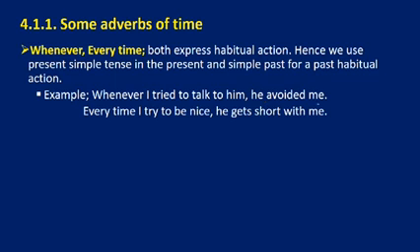to him he avoided me whenever I tried to talk to him he avoided me he is already a past action ካሁን በፊት ያጋጠመ action ነው መቼ እንደሆነ ባናቀም ካሁን በፊት ያጋጠመ action ነው አሁን ያጋጠመ አይደለም ማለት ነው since it's in its past form ላይ ስለሆነ አሁን ያጋጠመ አይደለም ግን ባጋጠመበት ሰዓት ያ ኢቨንት በተከናወነበት ሰዓት it was a habit ብዙ ጊዜ ተደጋግሞብኛል ማለት ነው if I say whenever I tried to talk to him he avoided me እኔ ላወራው በመከርኩ ቁጥር avoid ያደርገኝ ነበር you see we have ነበር so it's a